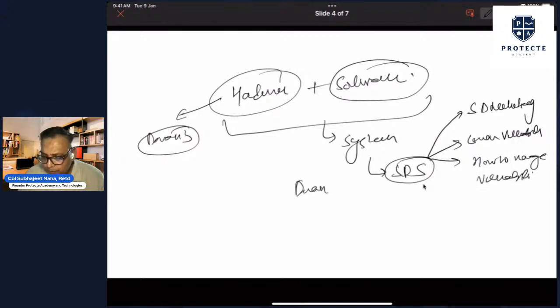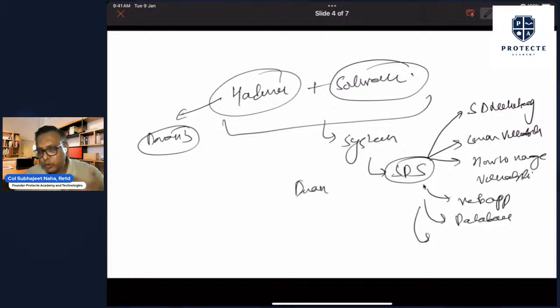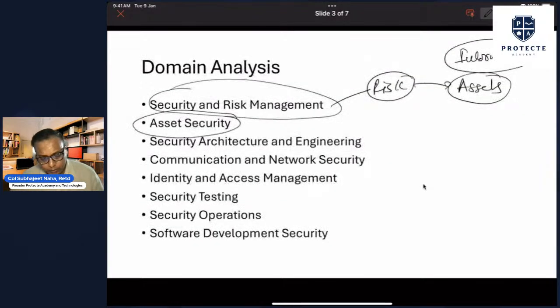We talk a little bit about web applications. We talk a little bit about databases, and we talk a little bit, very school level, about programs. Nobody discusses programs. What is a high level language? What is a low level language? What is a machine language? That kind of requirement, I think we studied that in 10th grade. So now, if you look at the complete CISSP 8 domains, what happens is whenever